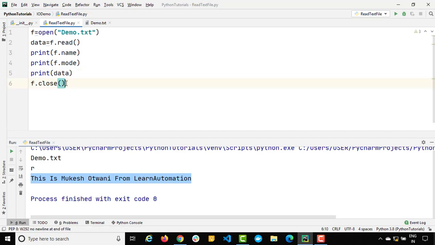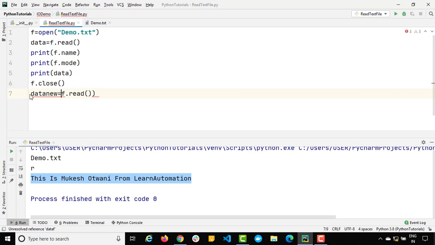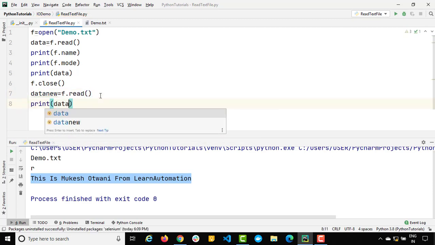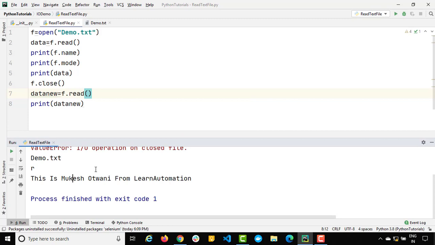Now the moment I close this file, if I try to read this again, just say f.read again. Let's see what exactly it will return. Data new, let's say, data new. Let's run, and you can see, guys,